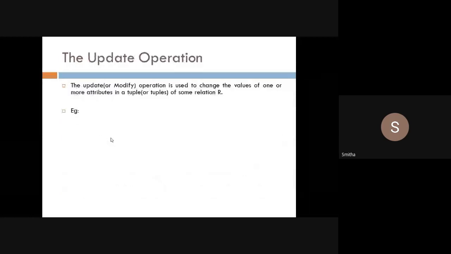So then the next is the update operation. Update operation means modification. Okay, update is nothing but modification. So under updation operations we have insert, delete, and update or modify. Update the salary of the employee, because sometimes yearly there will be a hike of salary, right? So that time I want to give the new salary.